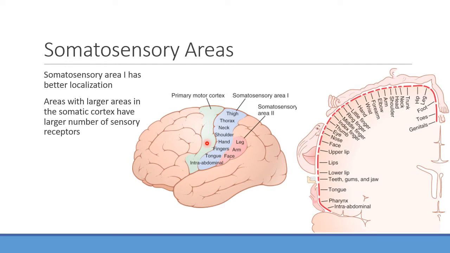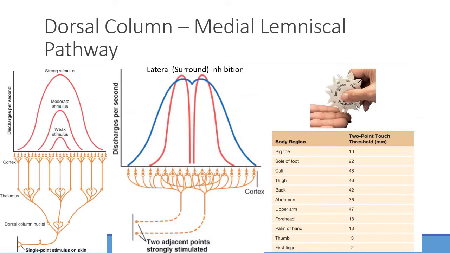Okay. So larger areas of somatosensory cortex are going to have a larger number of sensory receptors there. Looking at this, you can see that even a single nerve being stimulated, say out in the skin somewhere, has multiple projections, right? One neuron can communicate with several via its terminals. And so you can have this process of recruitment, where one nerve being activated can recruit several other neurons, which can themselves recruit several other neurons, and then you get a much larger signal than you could by just that one nerve by itself.